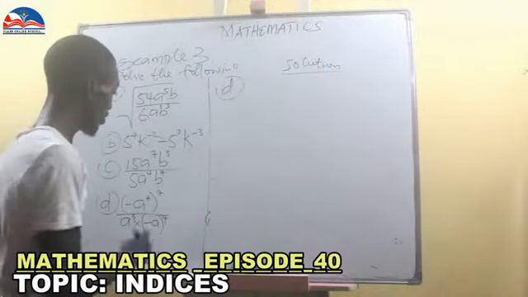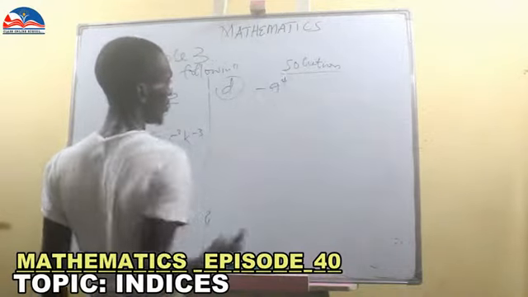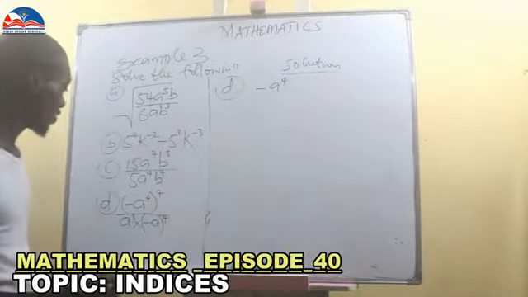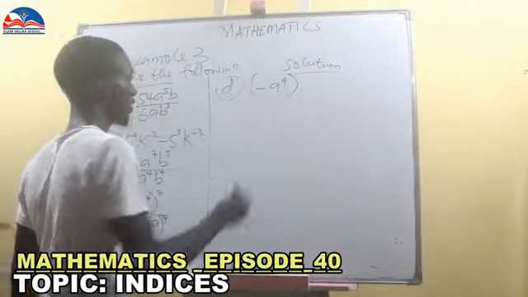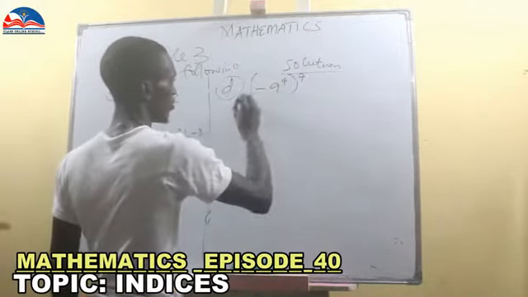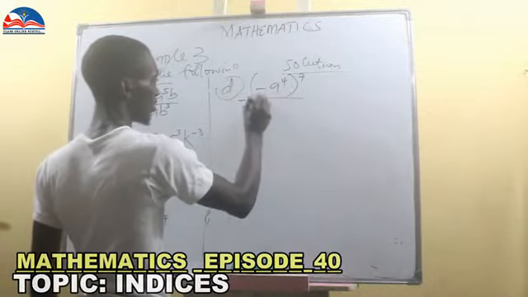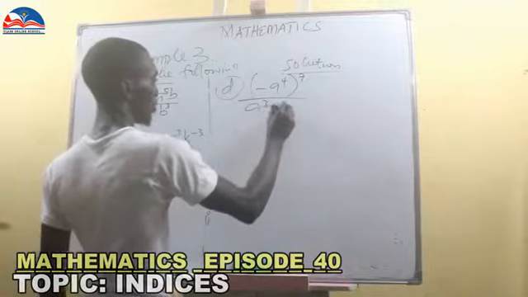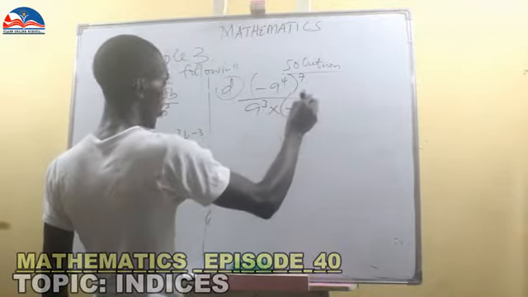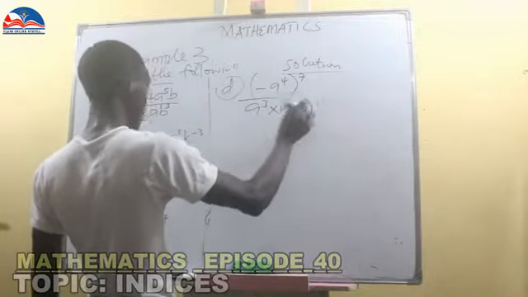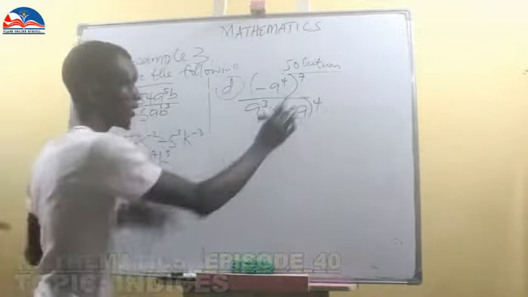Minus A index 4, all enclosed in a bracket, index 7, over A index 3 multiplied by minus A enclosed in a bracket, index 4. Okay, now here,